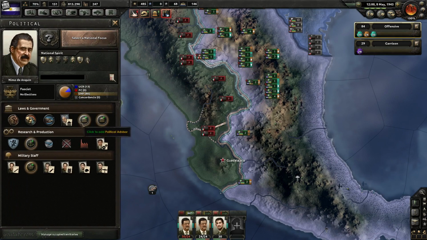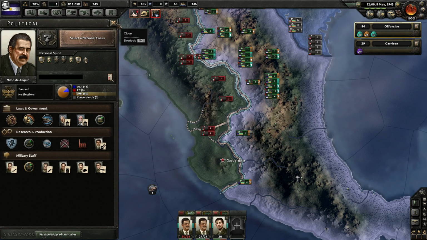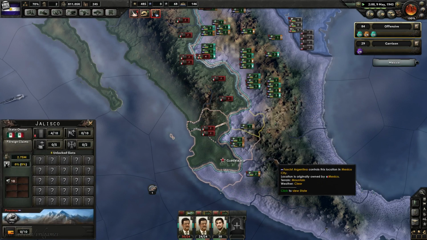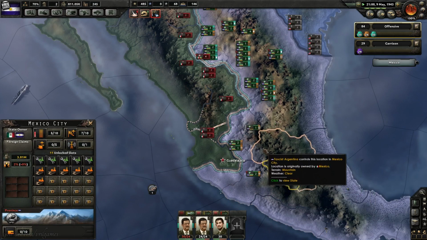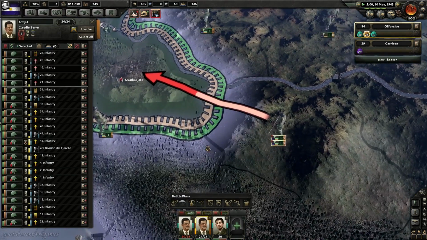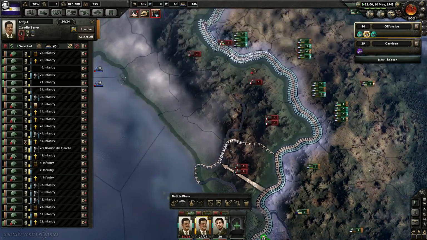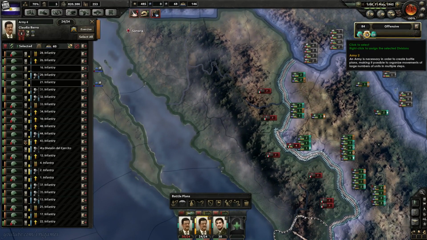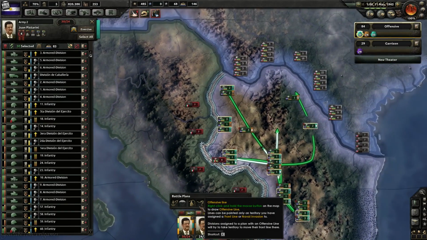Apparently we have a new government modification we can do. Let's actually do Prince of Terror, because we actually have some partisans probably here. Not much, but there is a little bit at least. There we go, Guadalajara. I think we're going to have to redo our offensive line here,